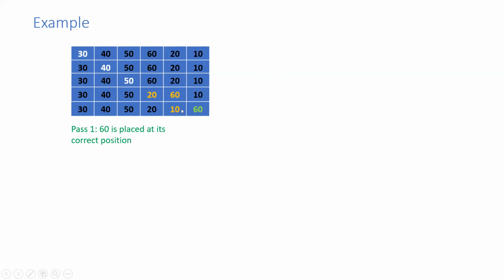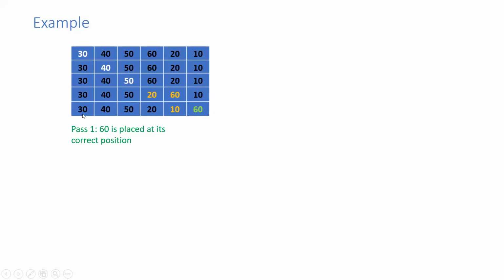And now, how about the other elements? We are going to follow the same process till all the elements in the array are placed in the correct position. Now let us actually continue the process. So if you observe, this is the new array, the elements in the array are arranged in this order now. And what's our goal? We need to get all the elements in the sorted order, in ascending order.